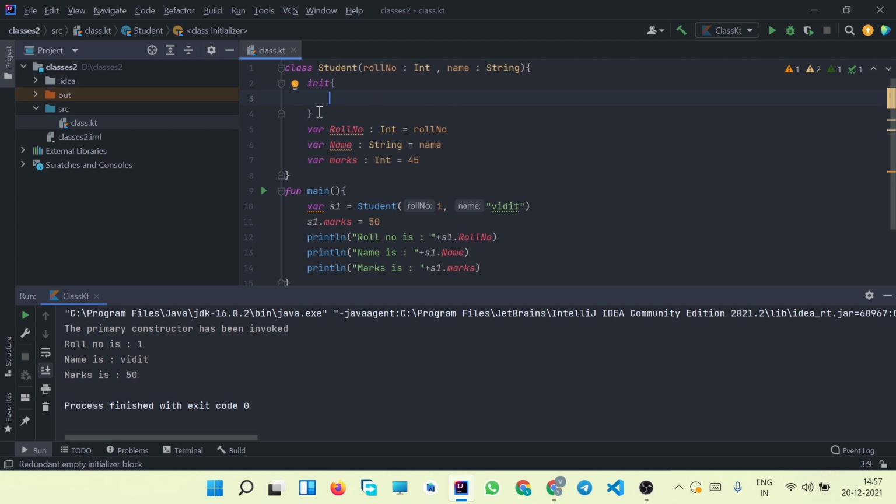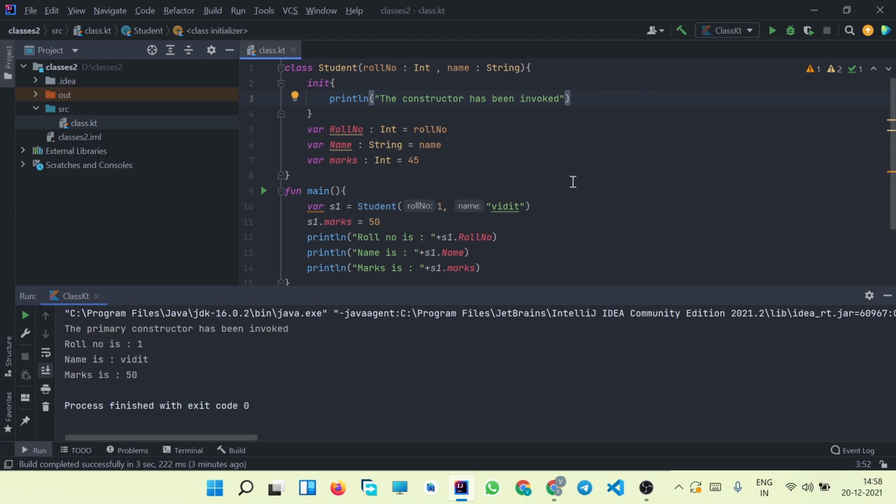So now let us try to write a block of code inside this. Let us print "the constructor has been invoked". Since the constructor is called when the object of the class is created, this block of code will be executed at the same time.